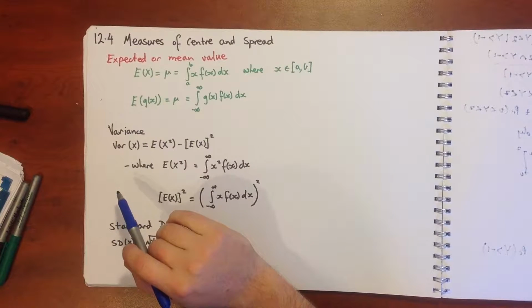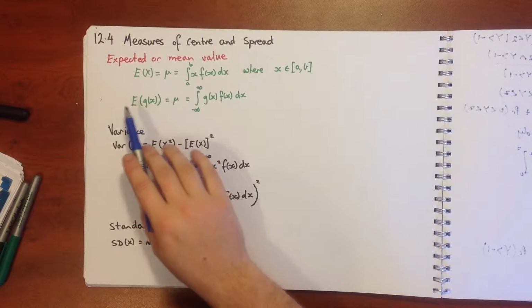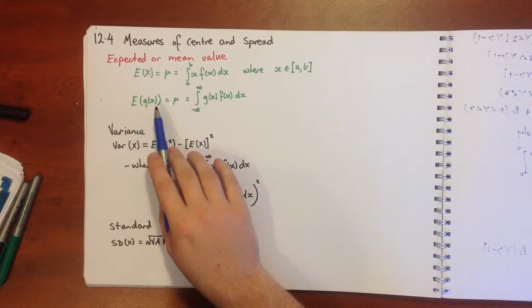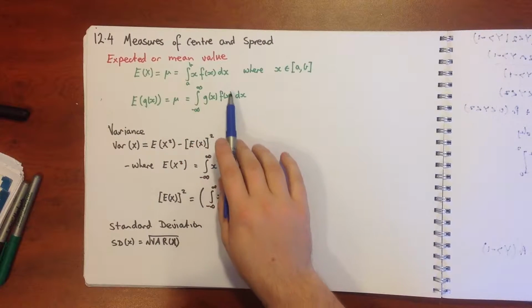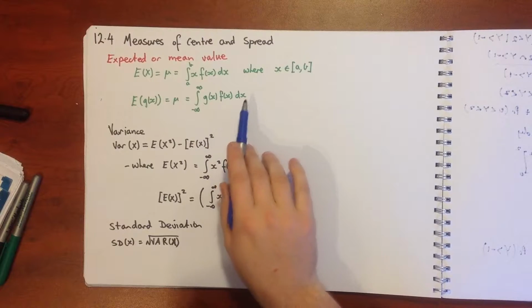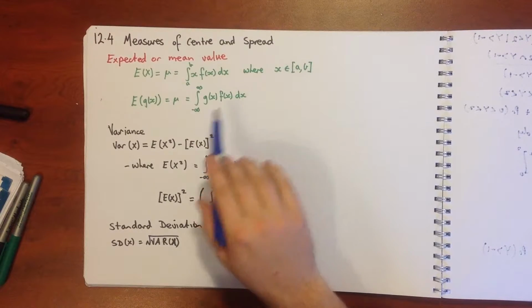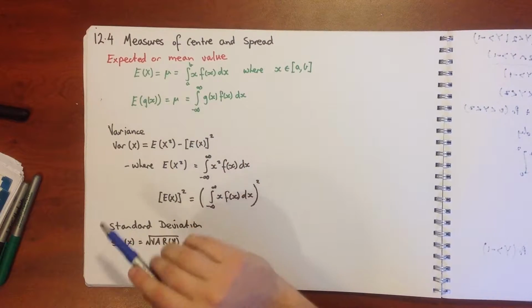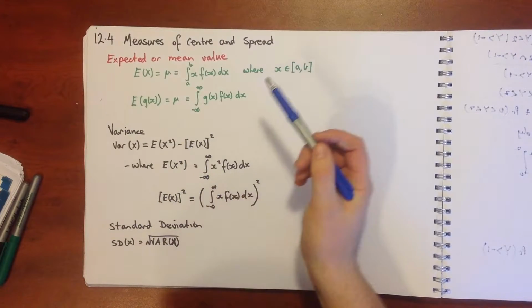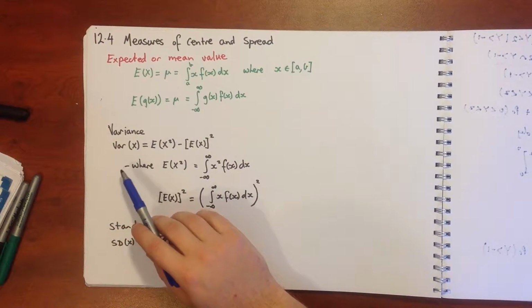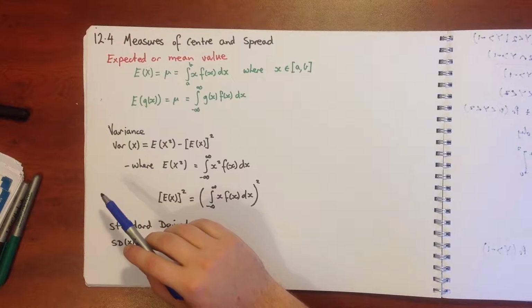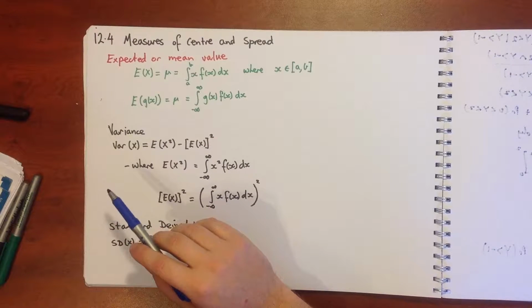our expected value. If we need to find our expected value of g(x), then we integrate from negative infinity to infinity of g(x) times f(x) dx. Or if x was an element from a to b, you'd also go from a to b instead of our negative infinities. Okay, our variance is still equal to our original idea of our variance, which is